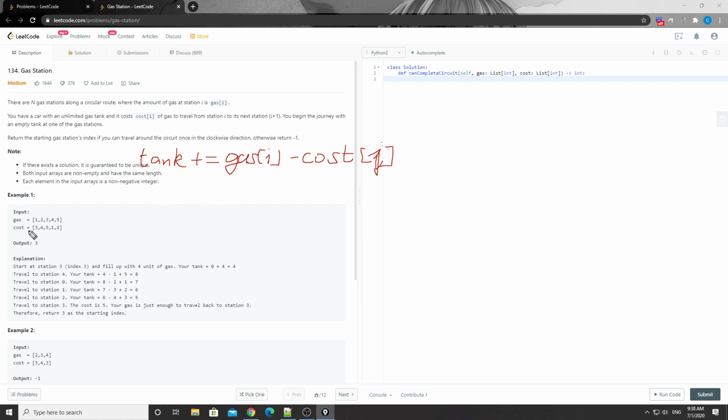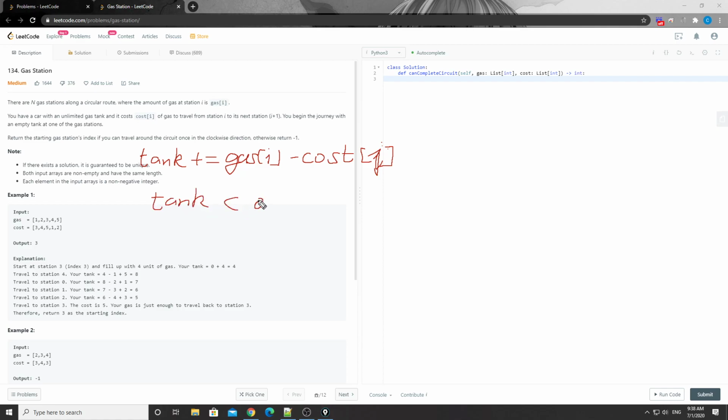So every time we see a gas station, we keep adding the difference to the tank here. Basically, we're accumulating all the gas we have seen so far and all the costs we have seen so far, and we check if this tank